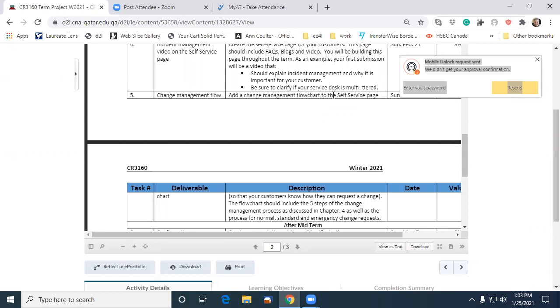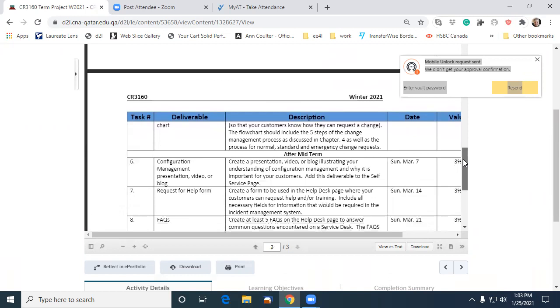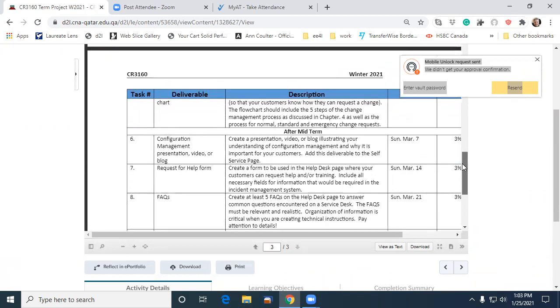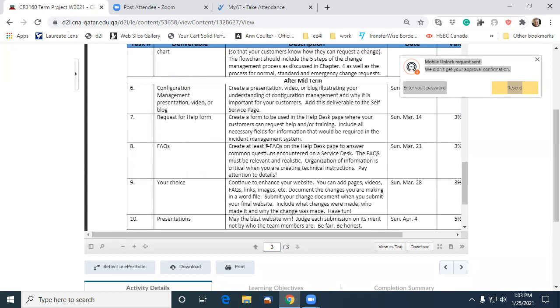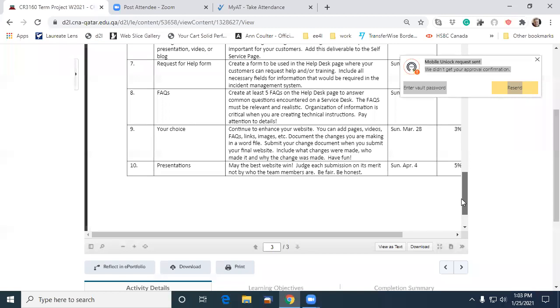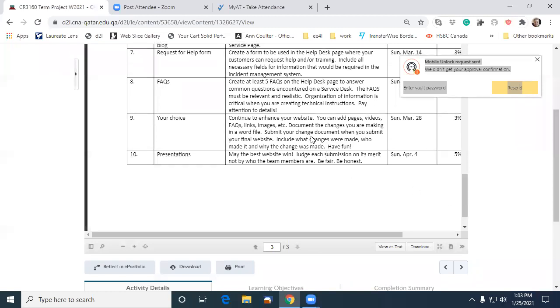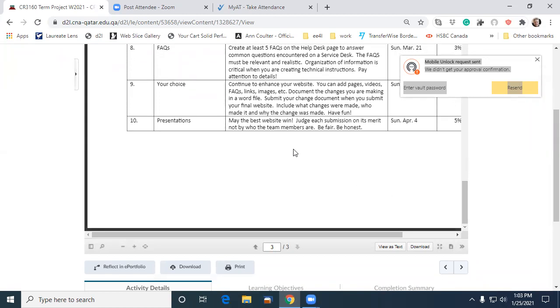Actually, have a look at that video too, that video that was in the PowerPoint document. Then you're going to create a form, some frequently asked questions, and then you have a choice of enhancements. At the end of the course, you're going to do a presentation. Right. So that's